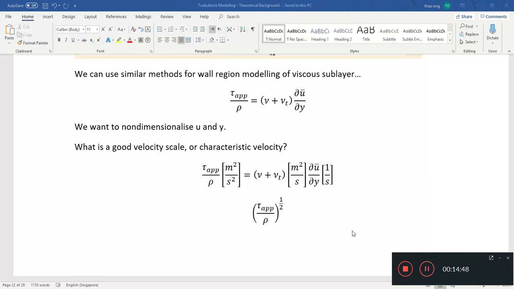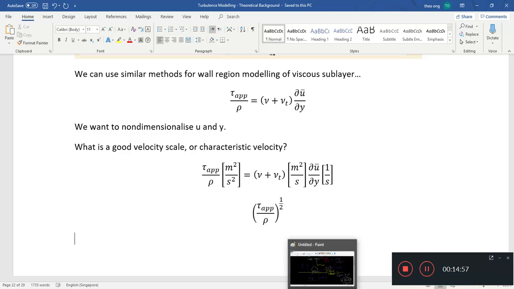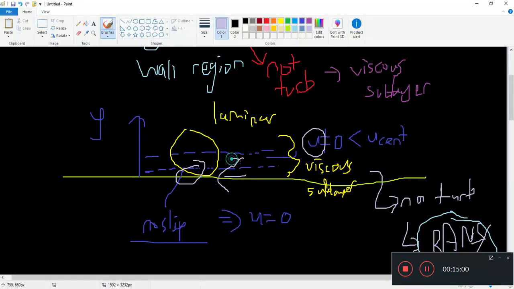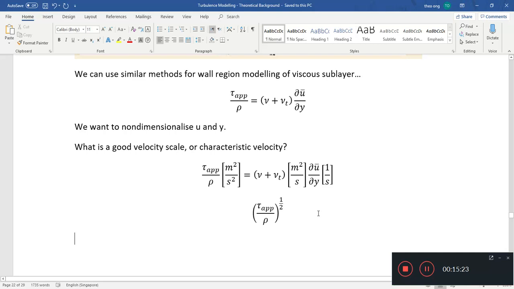Okay, now, which tau apparent are we going to use? Because at different points of the fluid, in the viscous sublayer, we're probably going to have different tau apparent, right? We're going to have different tau apparent as we go from this point in the fluid to this point in the fluid, and of course at the wall as well. So for the sake of having a good reference point,